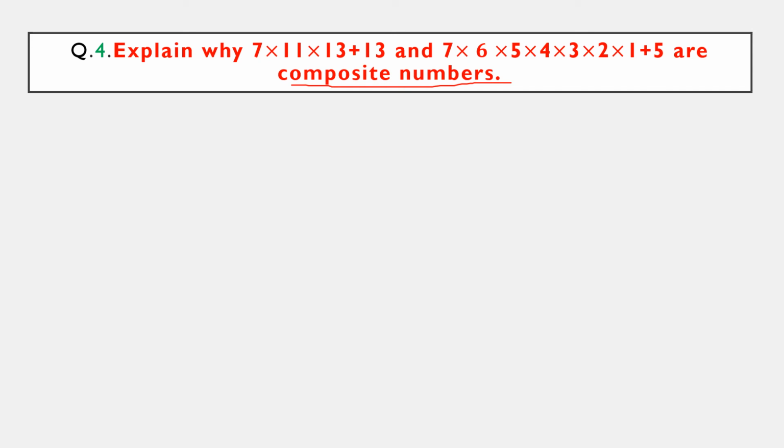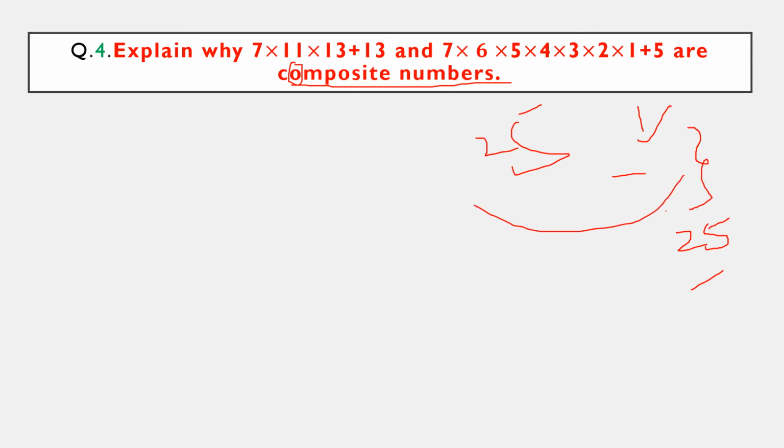So children, we already learned what a composite number means. Here you should remember one letter, O. O means other, so it should have other factors which are other than 1 and itself. Suppose I am taking 25, it should have 1 as its factor and 25 as its factor, as well as the other factors should also be present, then only it is a composite number. Here it goes in the 5 table, so I'll write 5. So the other factor is 5, so it is a composite number.